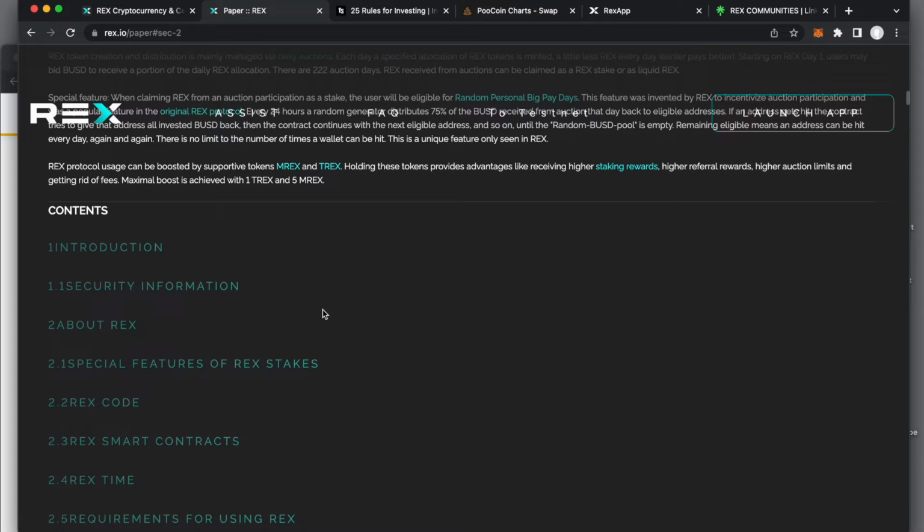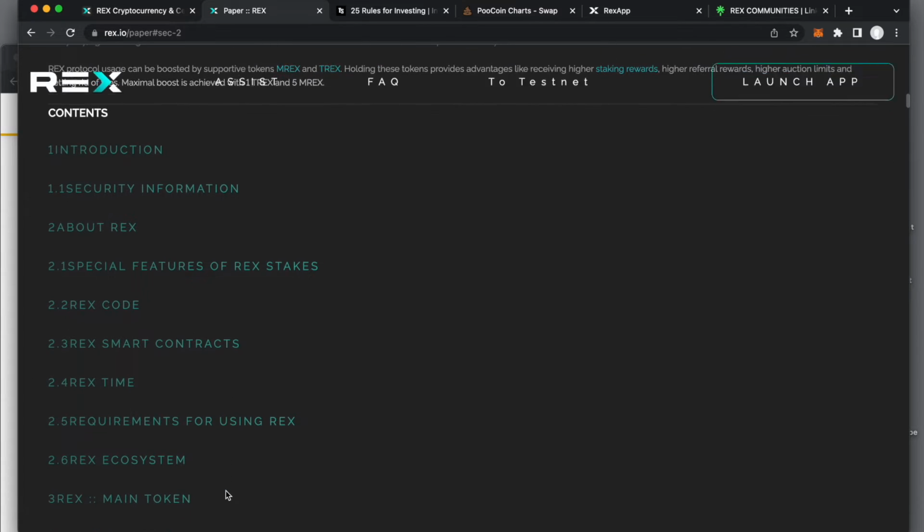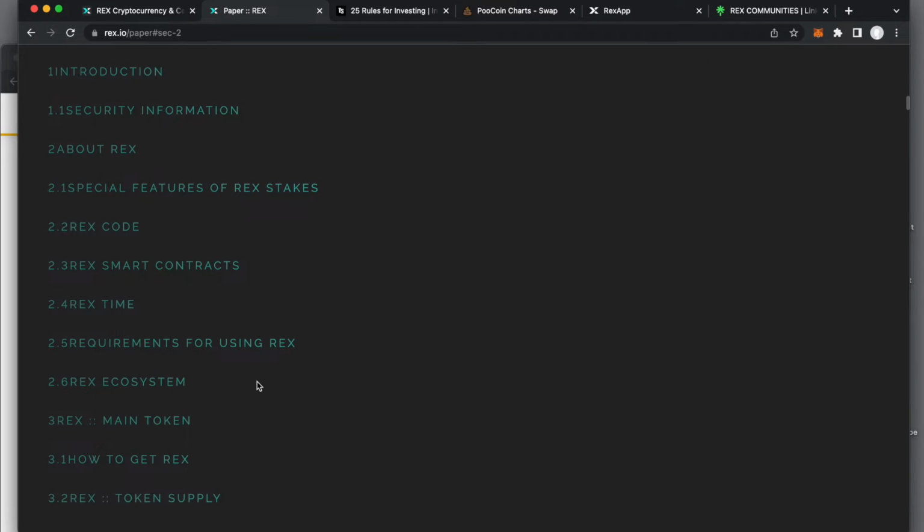And now I am going to go through generally about Rex. We'll look at the special features of Rex stakes and the Rex code and the Rex smart contracts and Rex time and the requirements for using Rex through section 2 of the white paper, just the high level